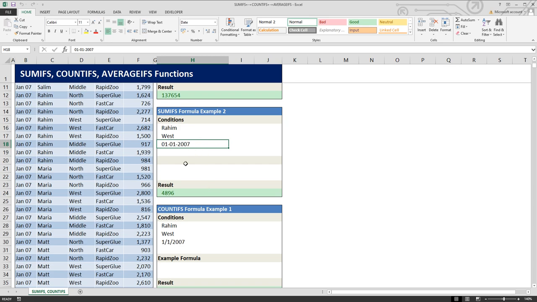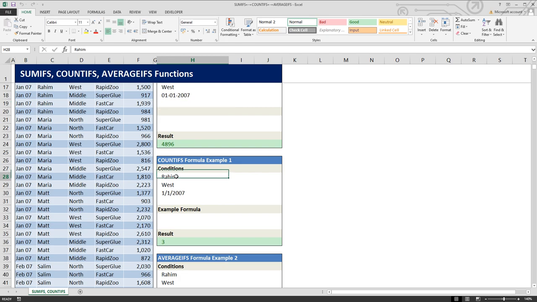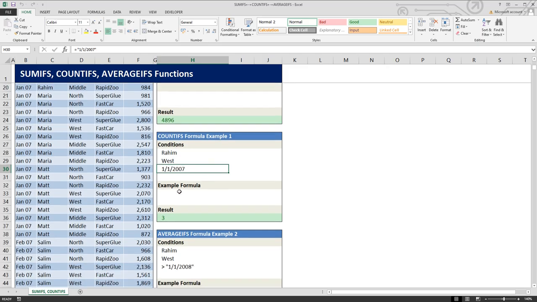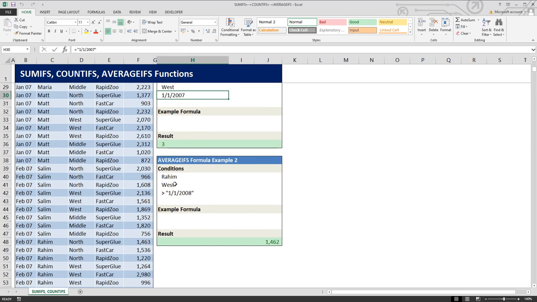Then we have another example of COUNTIFS in which we have three criteria. Again, we need to find the number of transactions which Rahim has done in the West region for 1st January 2007. And the last, we will find the AVERAGEIFS function. Again, we have three criteria: how much net sales did Rahim do in the West region after 1st of